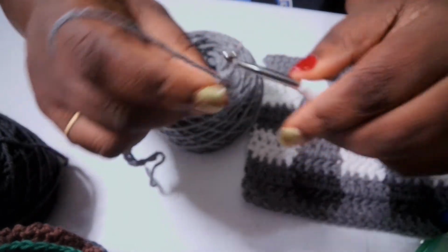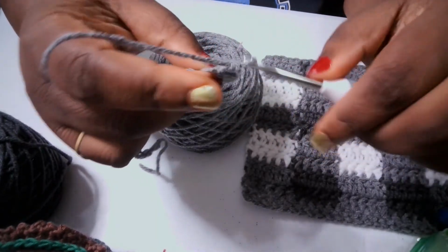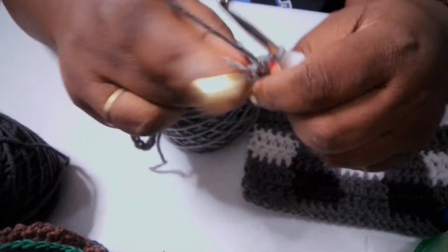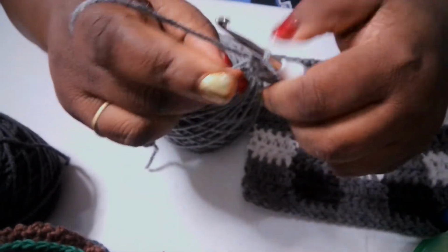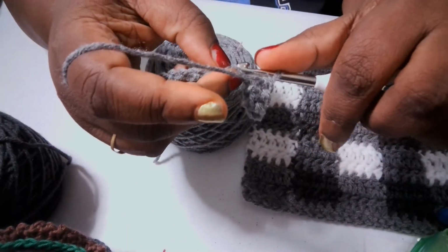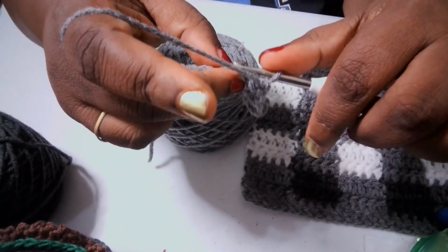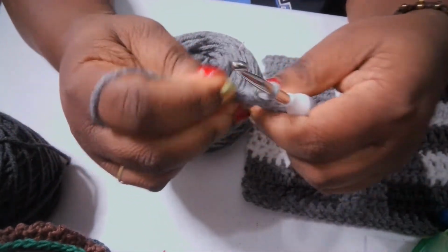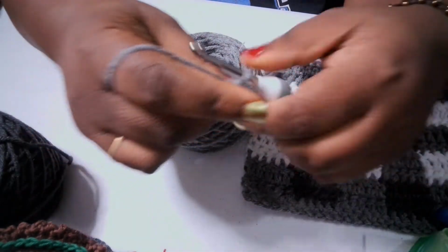I'm sorry. So there's 1, 2, 3, 4. And don't think I'm counting this just for your benefit. I do this for myself. It's the only way I can actually make sure that my foundation chain's right. 5, 6, 7,